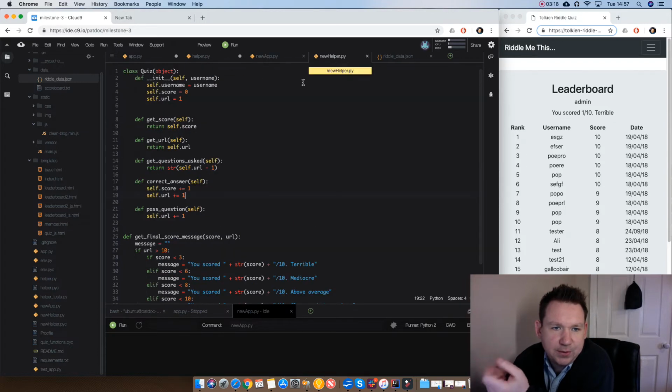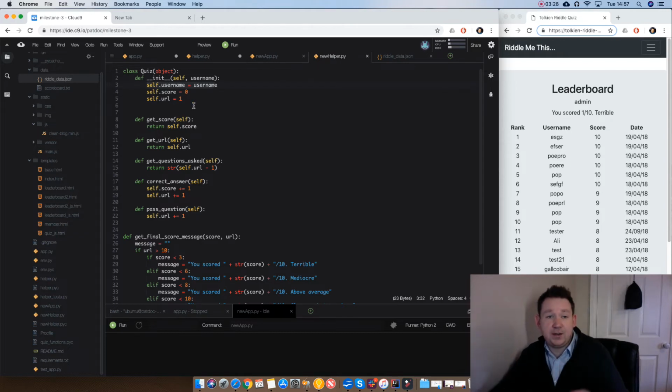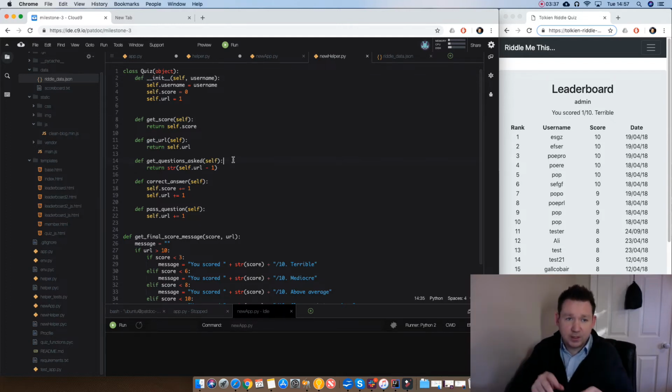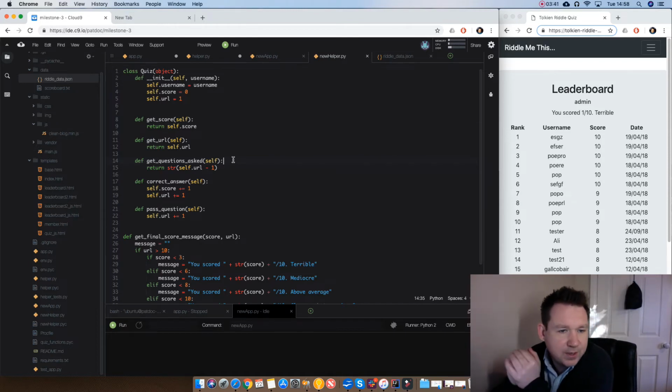We've taken those functions, and rather than use the sessions, I thought I'd make a quiz class and have the properties here: self.username, self.score, self.error, set already. All you need is the constructor with the username. And we have a few getters to help you get it, rather than going for session brackets URL or session brackets score or whatever. And what I did, which makes the most logical sense for me and a bit more abstraction as well, was